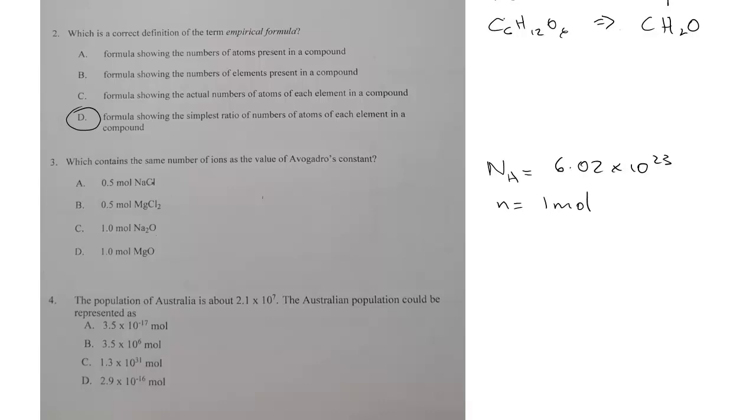So within these options here, we want to find the number of ions that gives us basically 1 mole, because 1 mole would be 6.02 times 10 to the 23, which is Avogadro's constant. Okay, so if we look at option A